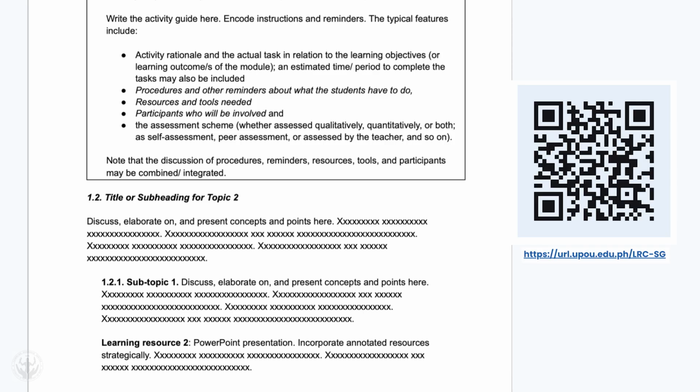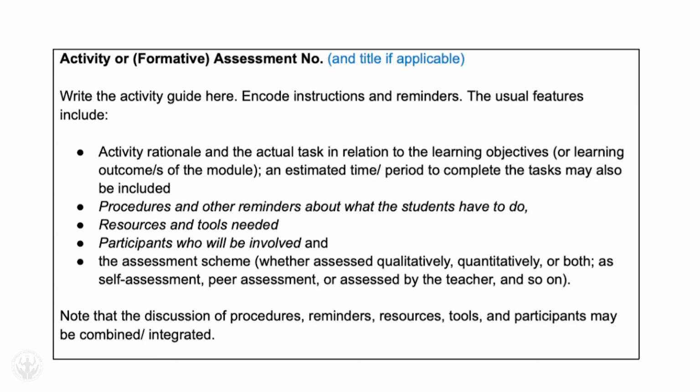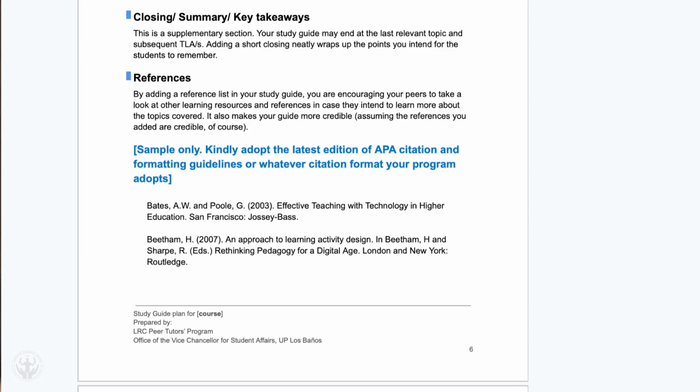And then you have to have teaching learning activities that will help address a specific learning objective. Sometimes, as I mentioned, you may have assessment tasks na different from learning activities. Pero major assessments yan. It will be ideal for you to have a closing for the study guide